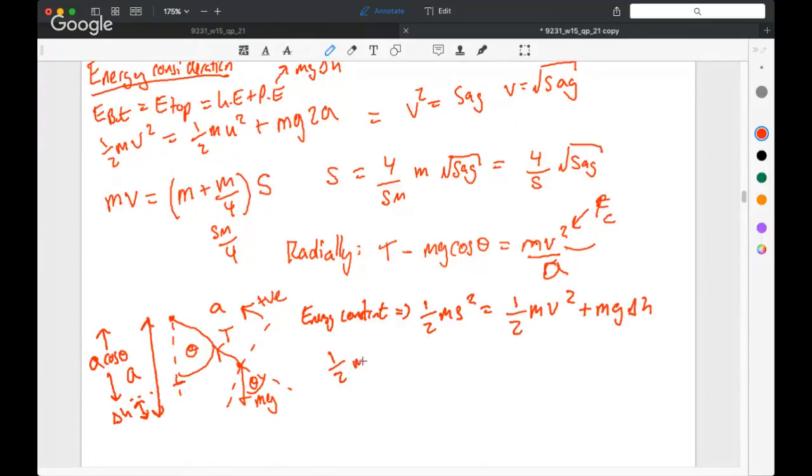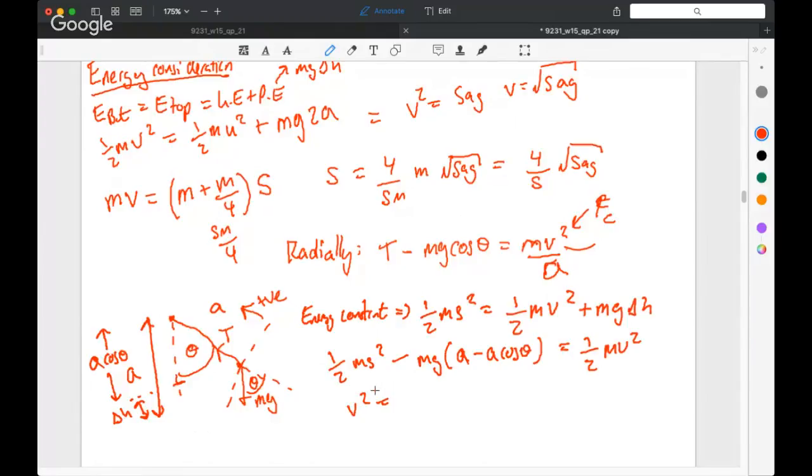1/2 mu squared minus mg delta h equals 1/2 mv squared. The delta h was a minus a cos theta, because we want to keep it positive. Right, now if we work this through, I think we get v squared